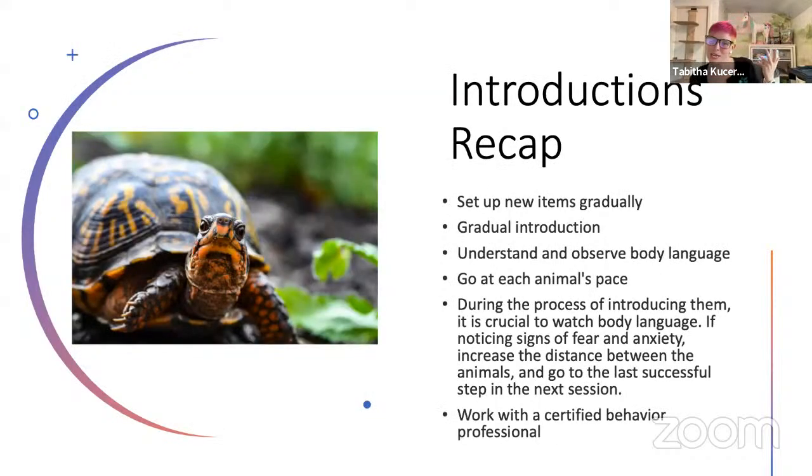So a lovely recap, we want to do a gradual introduction and go at each animal's pace. We want to understand and observe their body language. When it comes to setting up new items, this is just another thing. We want to plan ahead to where you might want your cats or dogs bedding, feeding stations, and start gradually introducing them around the home versus changing everything at once, because that can be stressful for your resident cats or